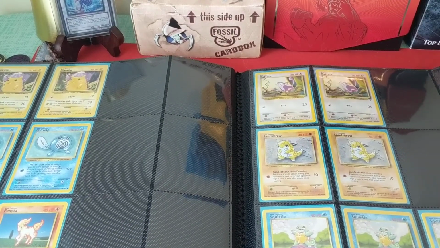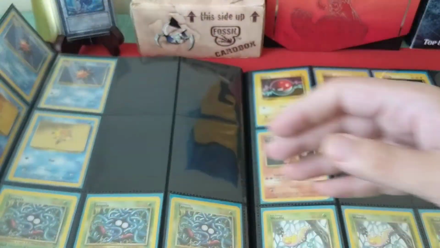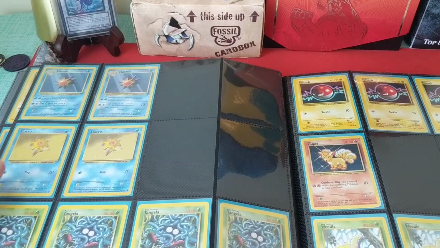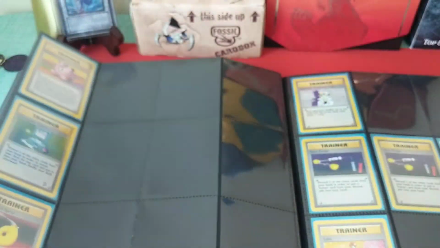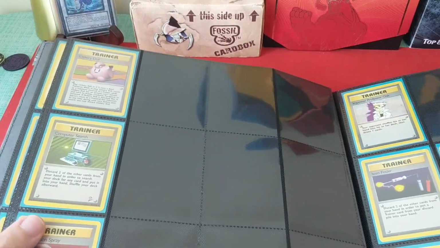Got the Sandshrew here, we got the Squirtle shooting off his bubbles. We've got Starmie and Staryu, Tangela, Voltorb, Vulpix, Weedle. And moving on to the trainer cards, we've got Clefairy Doll,